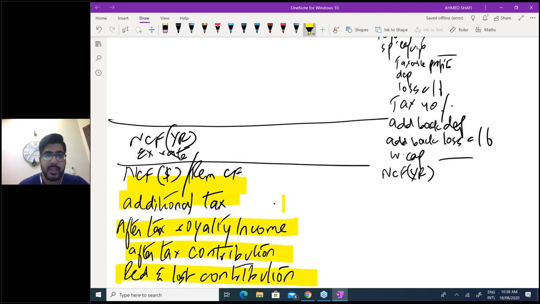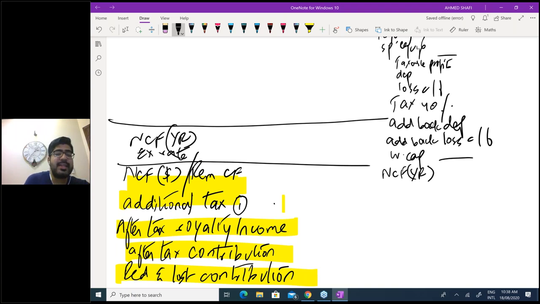Now, what is this all about? What is this additional tax? Sometimes, as you look at the question, I was in USA and I invested in an assembly plant in Gillandway. So investments, everything was in Gillandway, and I paid tax in Gillandway. When I brought money back to the US, the US authorities may ask for more tax because you have brought money into your country.